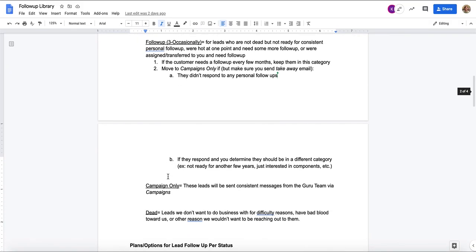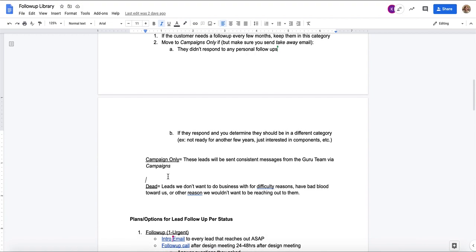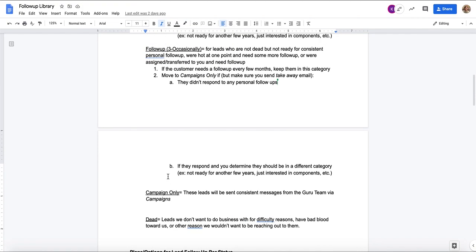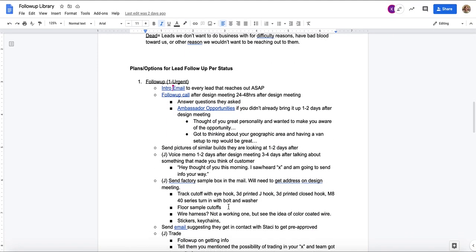I'm going to quickly go through what's next, and we're really excited about this. The vision of the next section is this: statuses weren't correct on Zoho, but also whenever you did have time and you knew who to follow up with, you didn't always know what to follow up with. What do you say? What's relevant? What's the means, do you send a text, do you send an email? The section below is broken down per status, so personal follow-up number 1, follow-up number 2, number 3, and we've put in there, just brainstormed, what follow-up could look like in that particular section. So that's what we've done.